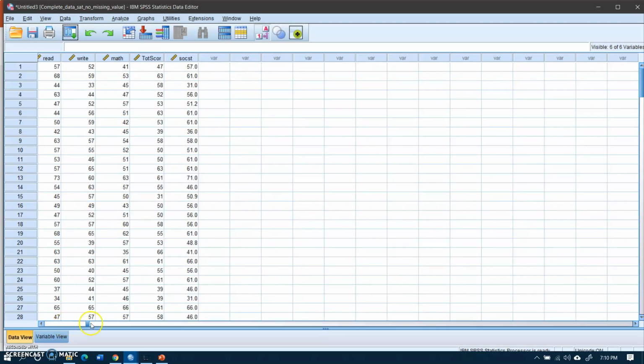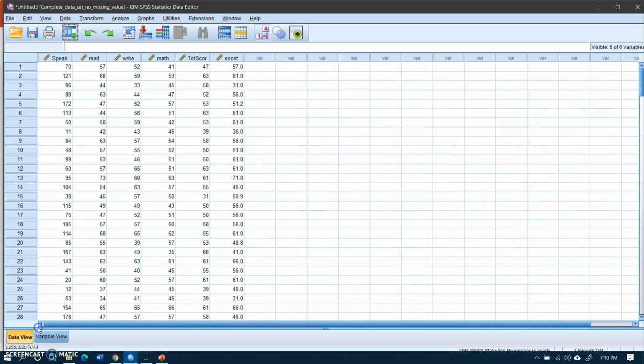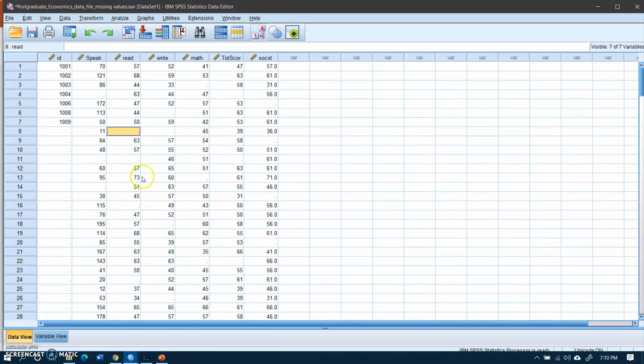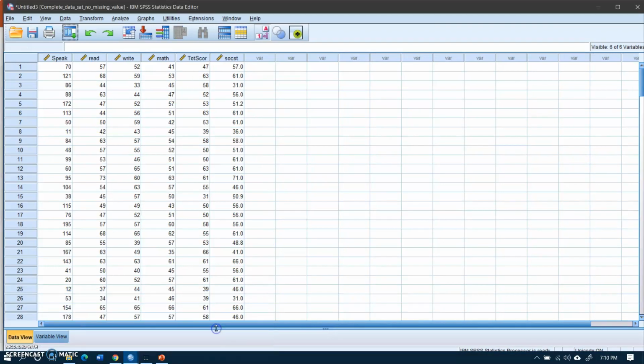Let me see, this is the original data set, and there is a missing data point, speak 4. Now this is the expected value of the speaking score. This was missing in the original data set.